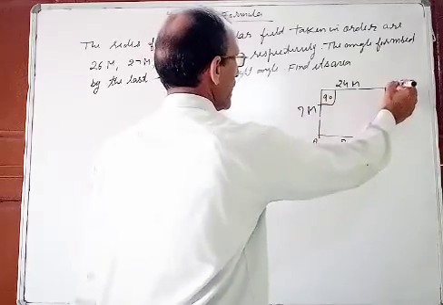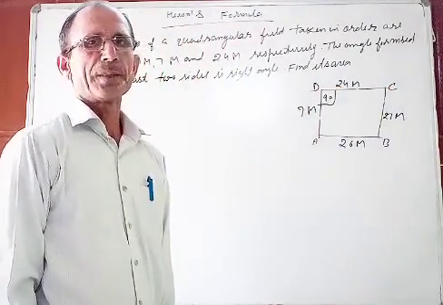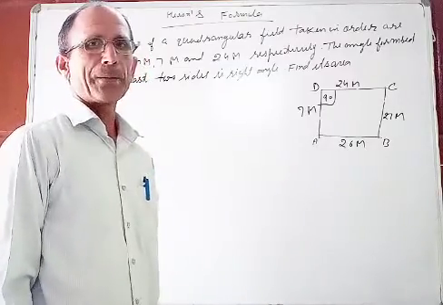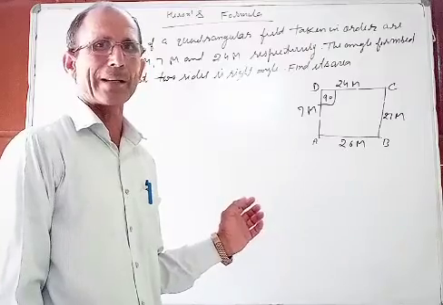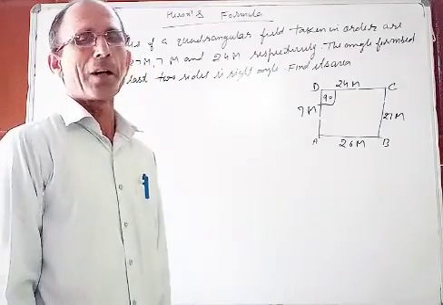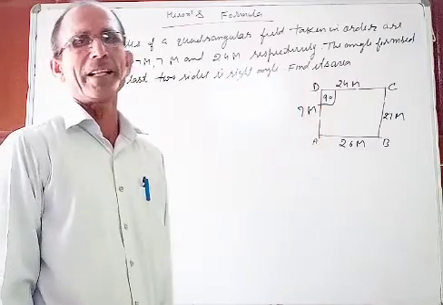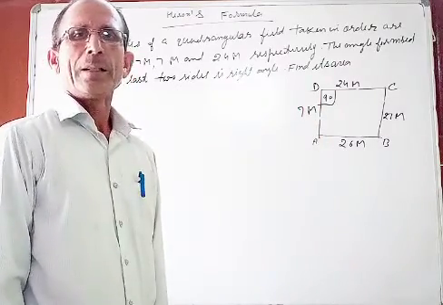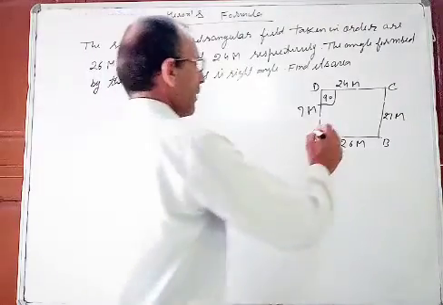So ABCD is a quadrilateral field. To find the area of this field, this is not a rhombus, this is not a square, this is not a rectangle, this is not a parallelogram, and this is not a trapezium also. Then how will we find the area of this quadrilateral field? So first I will join AC.